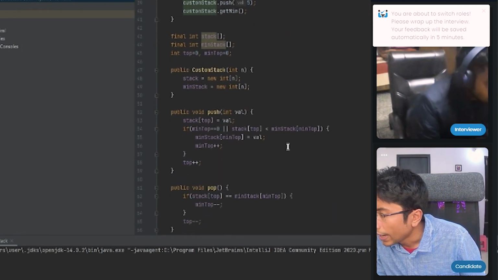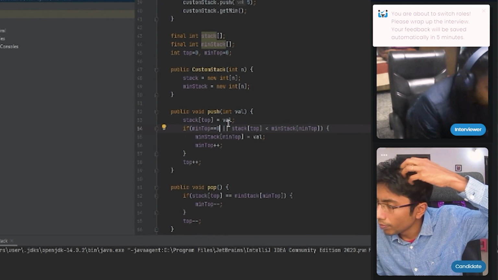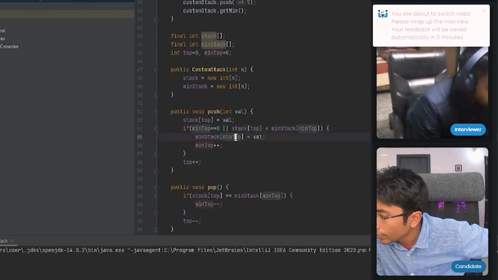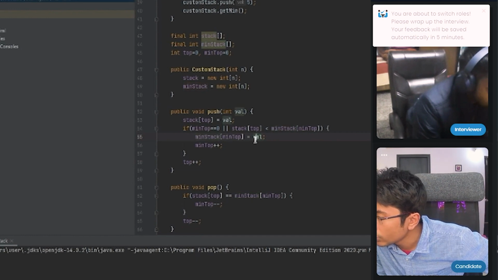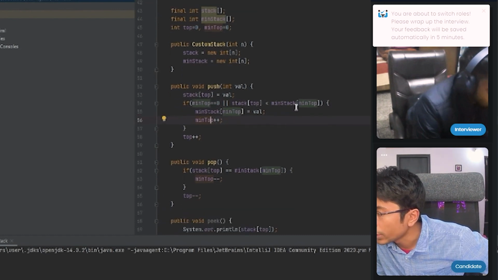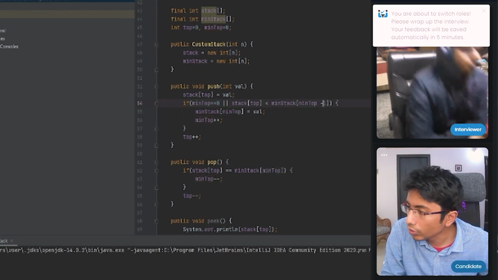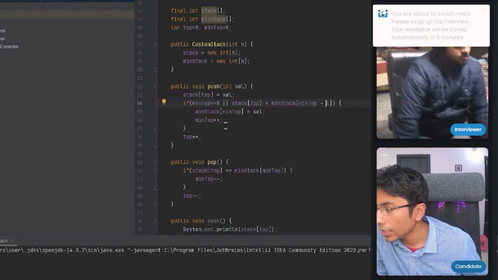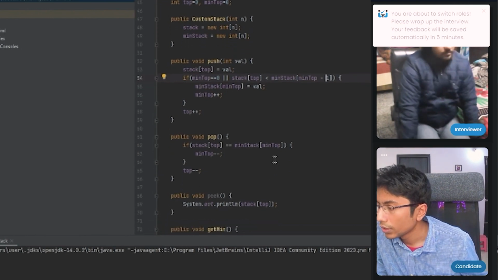And this is again a problem, because if min top is 0, then the value is being set to this. The min top value is not the value we should look at actually. I just realized, this is the value we should look at, because min top is telling where we are pushing in.